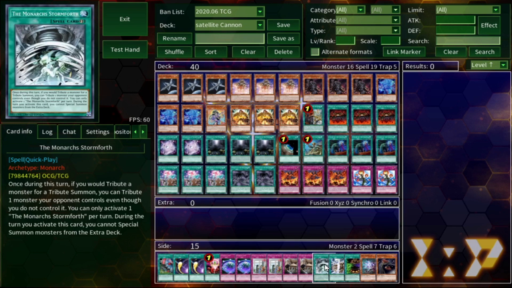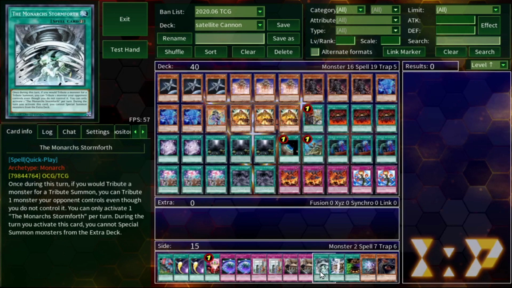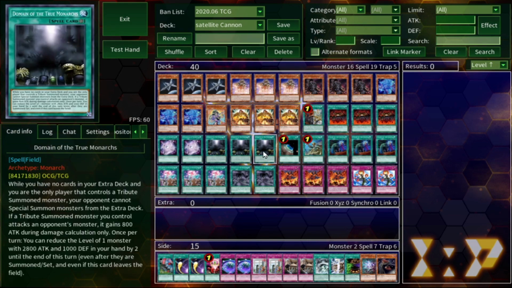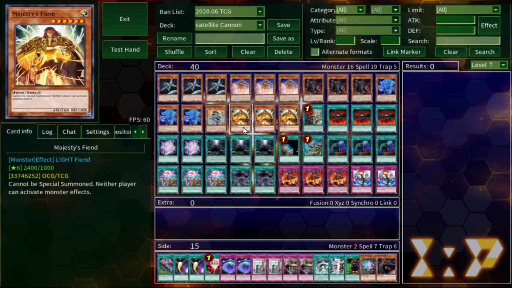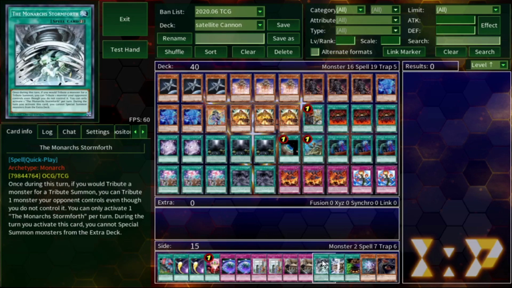Stormforth is just a typical tribute support card. Tribute your opponent's monsters instead of your own. It can be useful for getting over annoying boss monsters, and you're welcome to tech that in, replacing some of the Monarch spell traps. If you don't want as many domains, you can take one or two of them out, put in Stormforth and just tribute your opponent's monsters for your monsters. Or use Stormforth as,